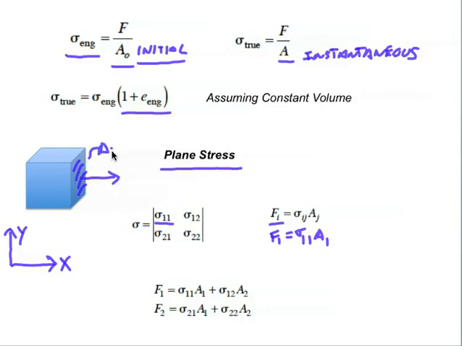So if we look at this area and we apply a force normal to it, so this area is A1, this is F1. If we also apply the negative of that force, because we need a force couple in order to define the stress, so this is also F1, but it's F1 pointing in the minus direction, and it's on a face that is the negative face. It's actually the face that points